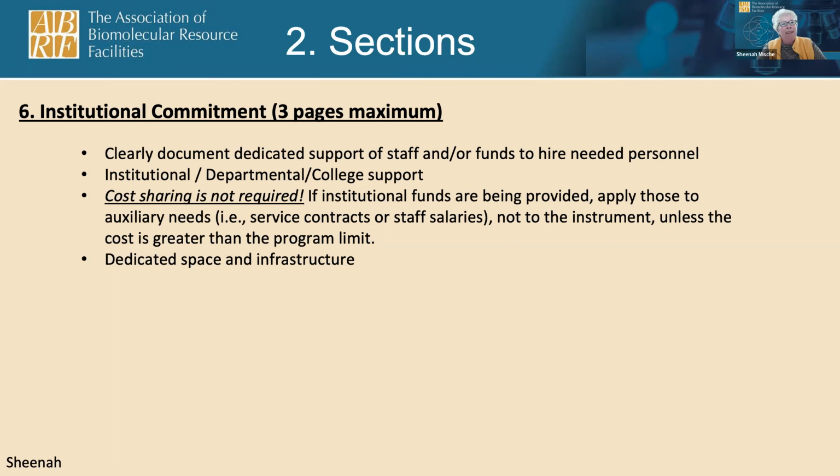And so if you have money from the institution, and I believe we mentioned this last time, if there's a choice of where it goes, it's much better to be for service contract and staff salary rather than cost sharing. If there's a way you can manage it within the category of instrument proposal, make it all from the instrument grant, and anything else for maintenance and operation of the instrument. That's good advice.